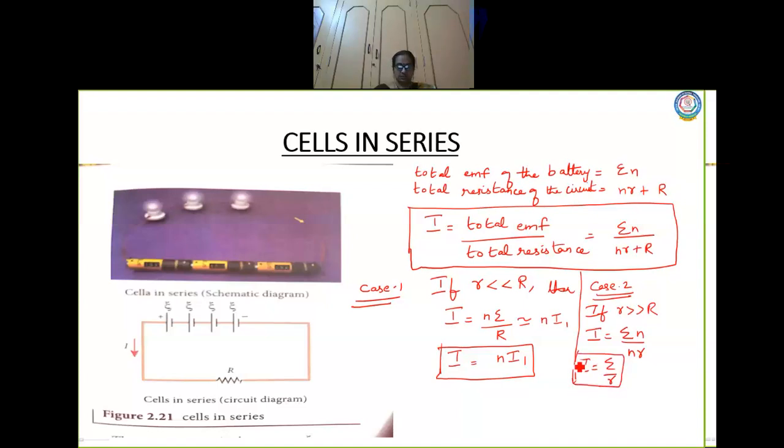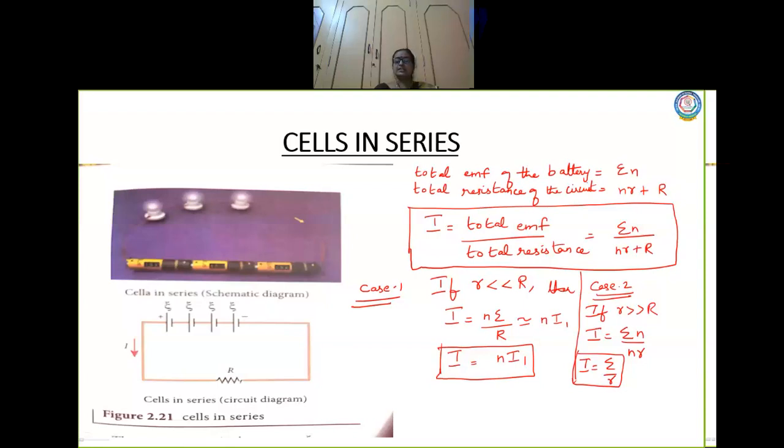Now here we talk about internal resistance, right? I equal to psi by r is the current due to what? As we all know, this is the current due to the single cell. So the current due to the whole battery is the same as that due to the single cell. This value is the entire current for the whole battery, which is very, very small. So what is the use of connecting so many cells in series? It is of no use.